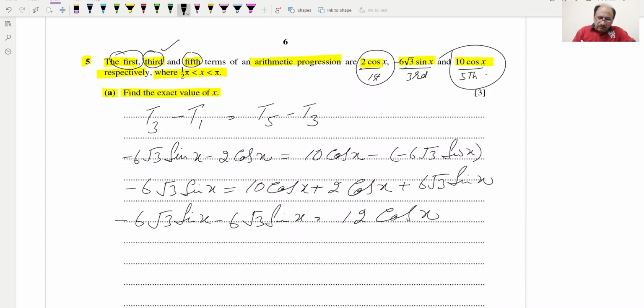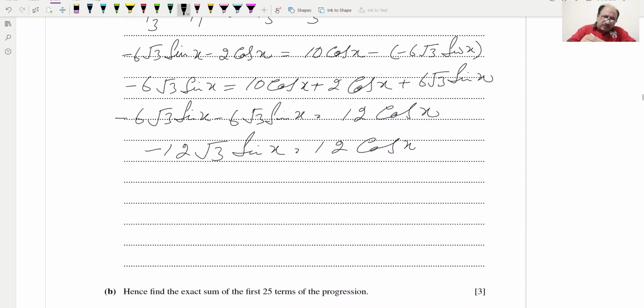Now we can add the like terms, so it will be minus 12 under root 3 sine x is equal to 12 cos x, and further we can cancel 12 with 12 and we will get sine x over cos x